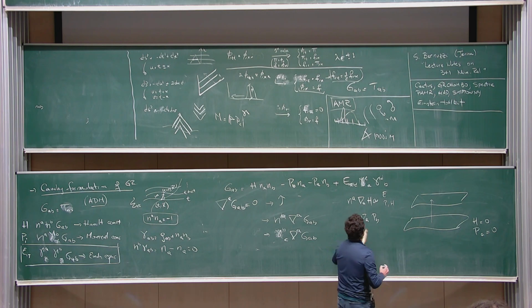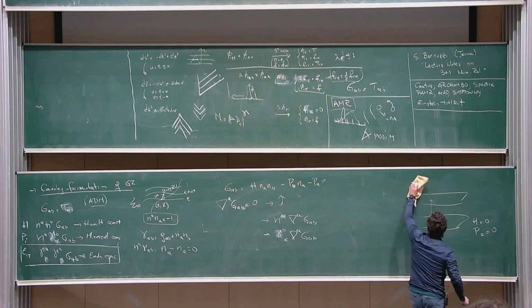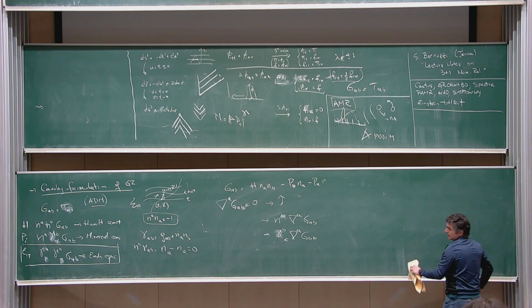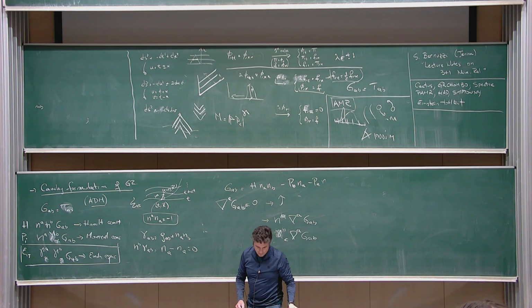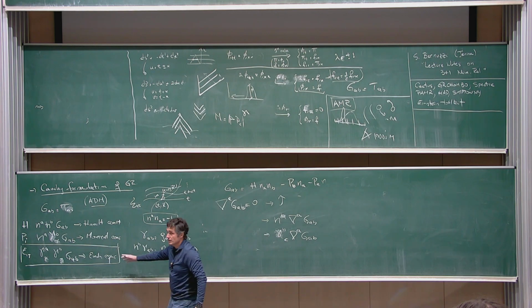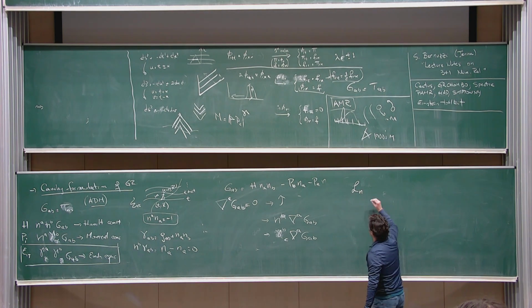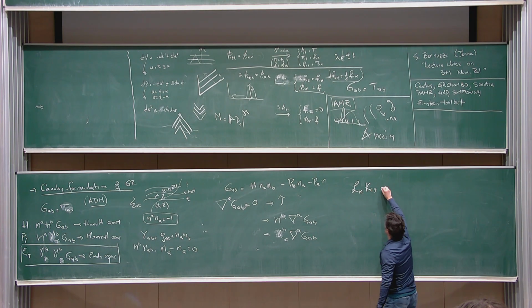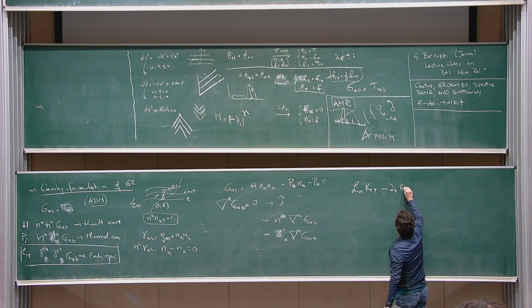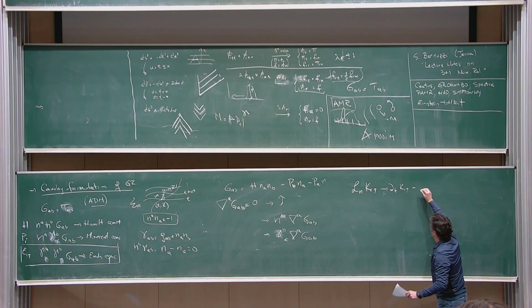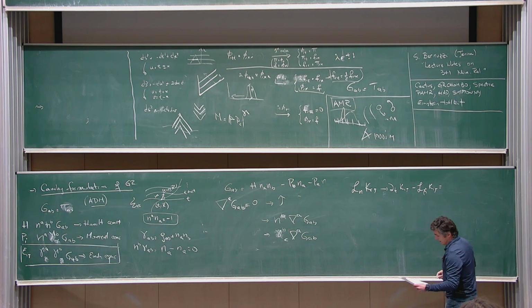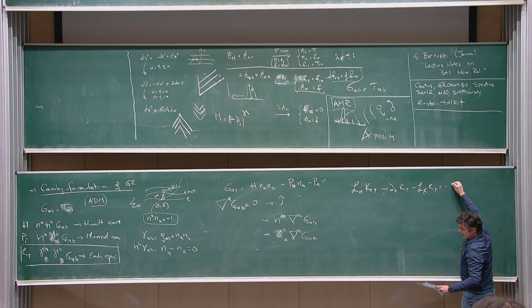These equations have roughly this structure. Again, I'm not going to be very specific, but let me give you essentially what they are, and then we're going to work to try and fix it. This equation tells you that the Lie derivative along the normal direction of Kij, which you can relate as dt of Kij minus the Lie derivative along the vector B of Kij, is given by, roughly,